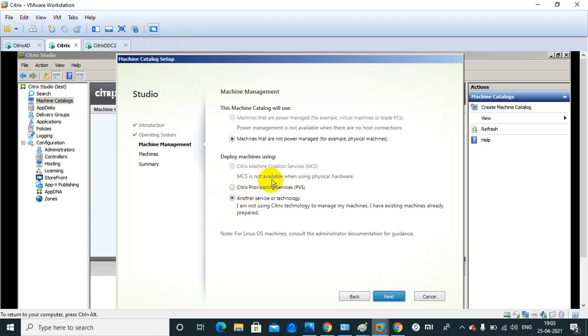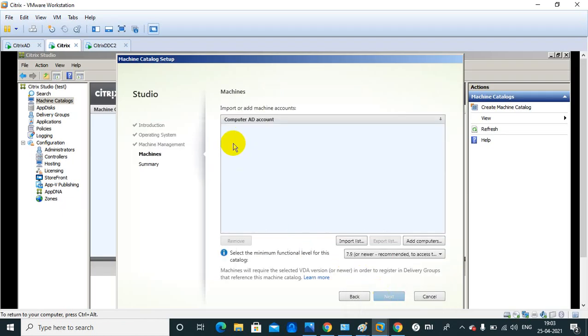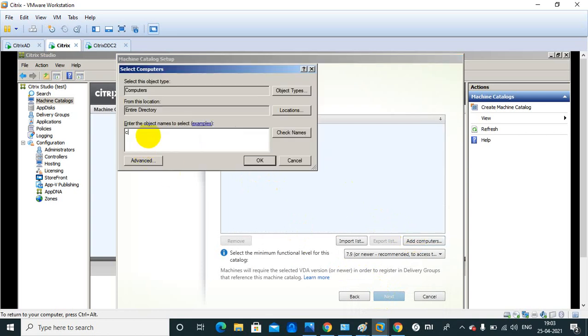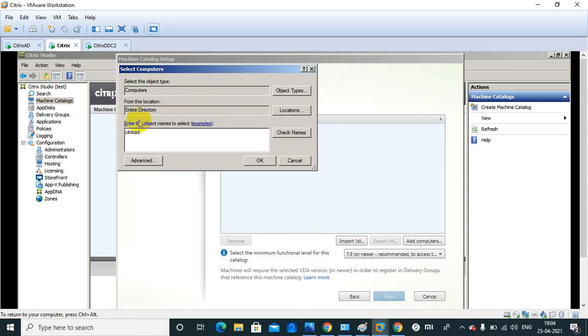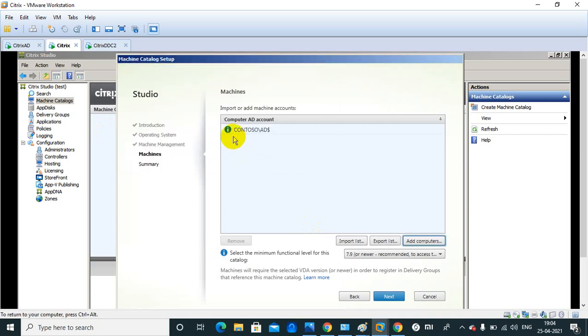So suppose I have selected MCS, then next I need to go here. Here I need to provide the Active Directory account, means the server name. Suppose I'm giving Citrix AD, and it will fetch the master catalog server from here. Check name, okay, and it will reflect here.